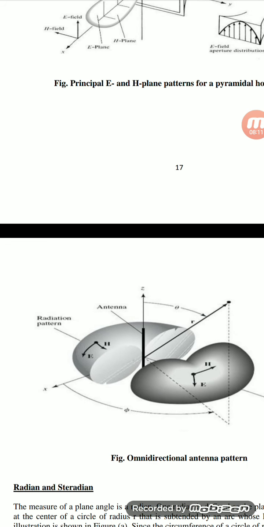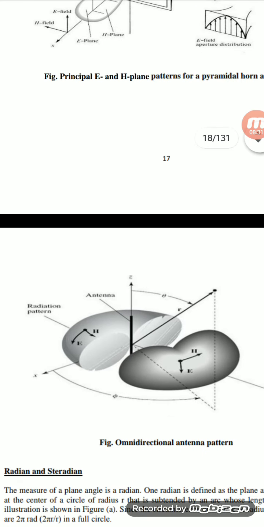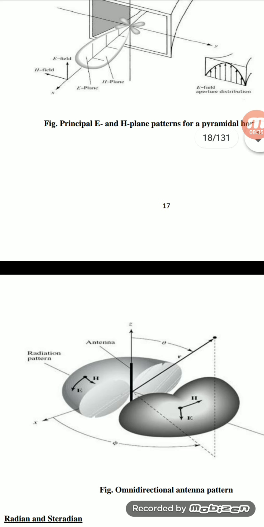Next, radiation patterns. For omnidirectional antennas, the main radiation is on the z axis and on the x axis, with theta. This is the H plane and E plane. This is the omnidirectional antenna. Next, radiation for this antenna depends on the E plane, H plane, and the x, y and z axes. Okay, the next topic we will continue in the next class.